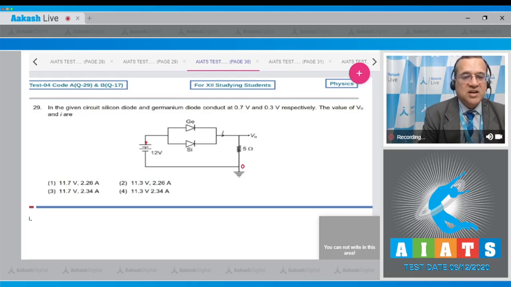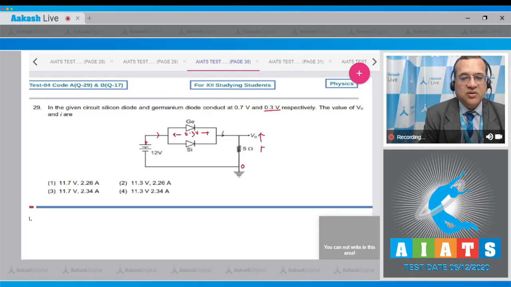Out of germanium and silicon, the germanium has the knee voltage of 0.3. So at 0.3 volt, the germanium starts conducting. So current starts flowing in this circuit, and the circuit is completed. If you take KVL, Kirchhoff's voltage law, if 0.3 volt is potential here and this is 12 volt, therefore the potential drop across this